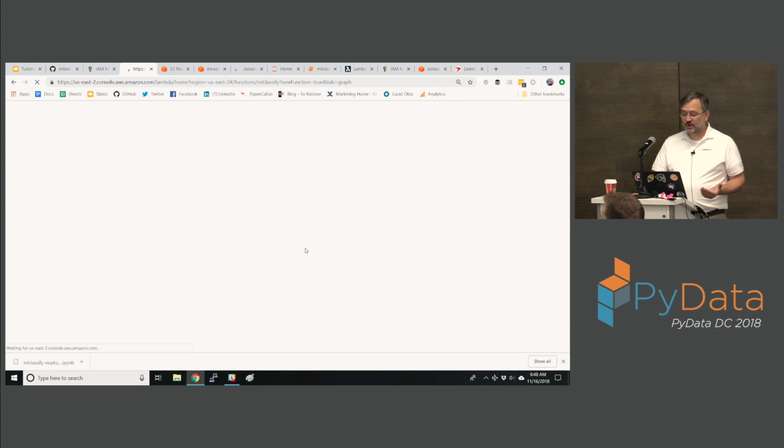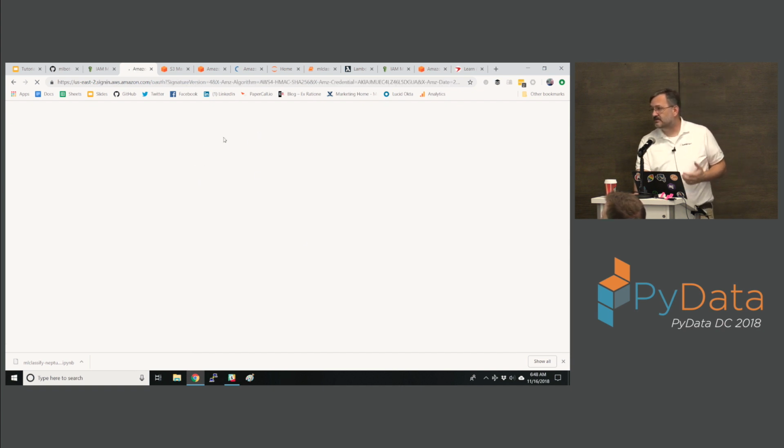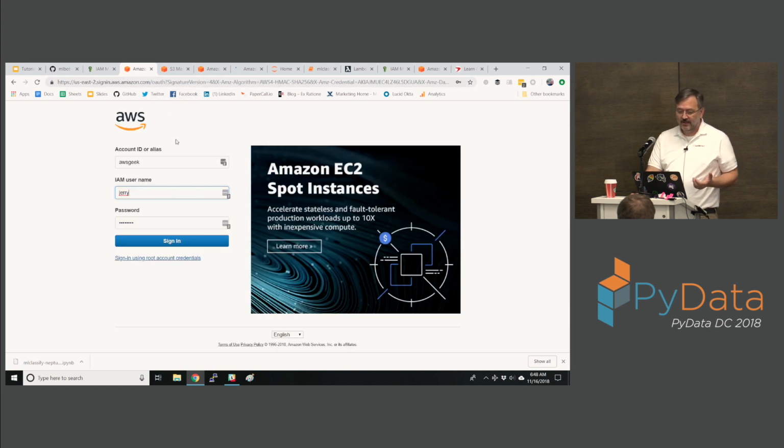So if we look at this code, really all it's doing is, it's a Lambda function. The event that's passed to the Lambda function is now going to contain a URL parameter that points to an image of an aircraft. And then once this updates, we're going to extract the bytes from